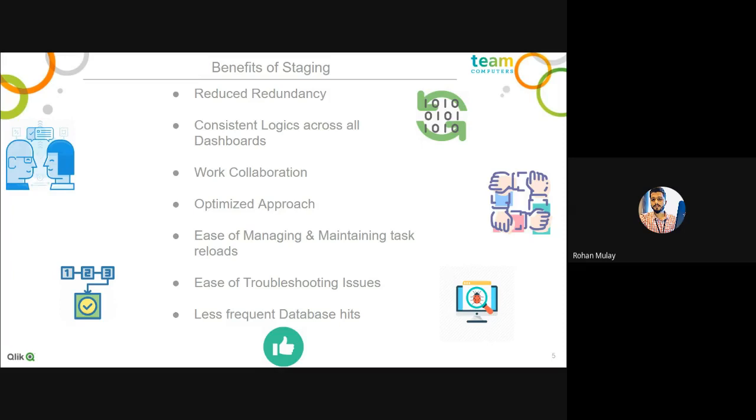So by using this staging architecture, all these common logics come into the transformation stage in the form of components. Whenever you need some logic from a particular component, based on all the documentation and all the discussions you have done, you are very much aware that this particular logic is already derived in one particular component. So you will pick it up from that component instead of deriving it in your separate application. So this is what is reduced redundancy. We are reducing this repetition of code in the transformation by the staging approach.